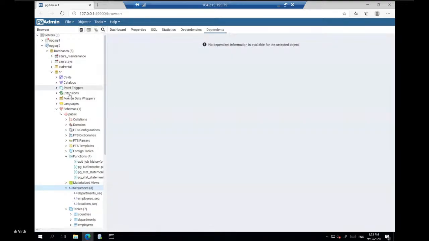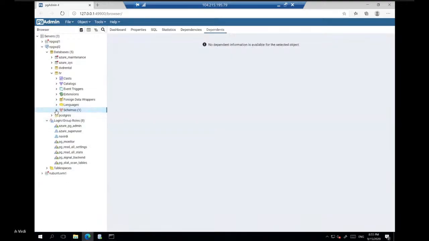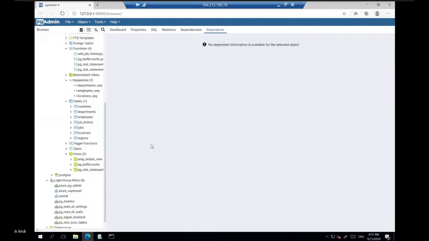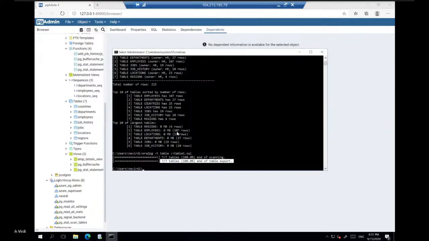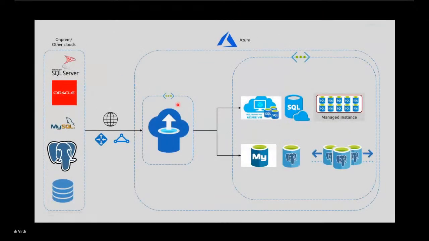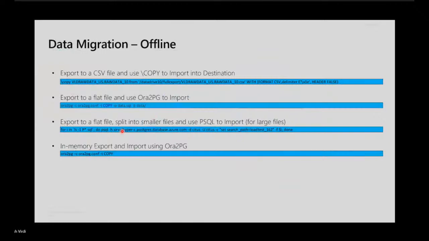I have a sample skeleton schema that has all the objects that were exported from Oracle. The next thing is I can either use Ora2Pg to run the in-memory transfer. If you go back to my slide, you could run the Ora2Pg -t COPY.